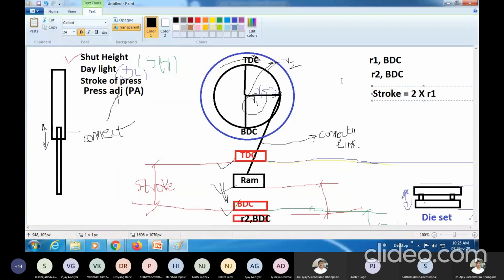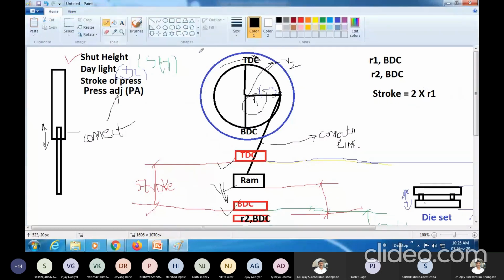Whatever the radius, twice that radius will be the stroke. If it is the R2 radius, then this will be the stroke. The stroke is nothing but the distance between the TDC and BDC position.